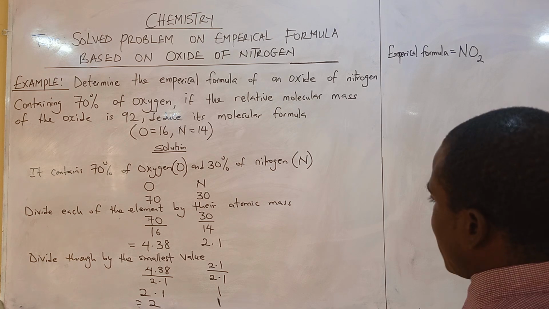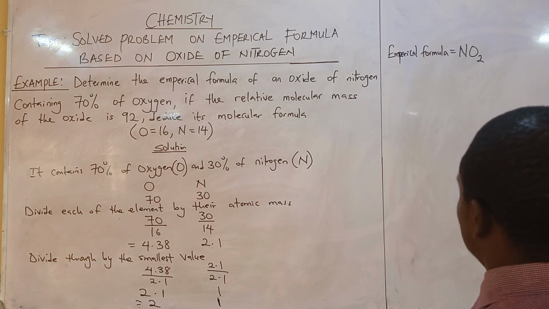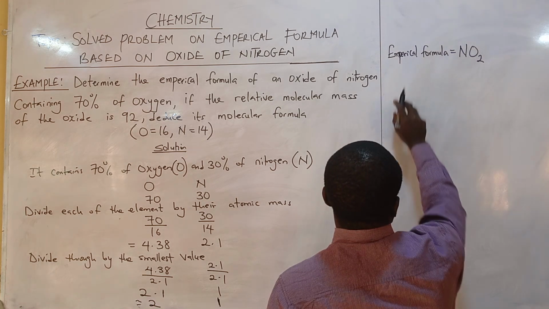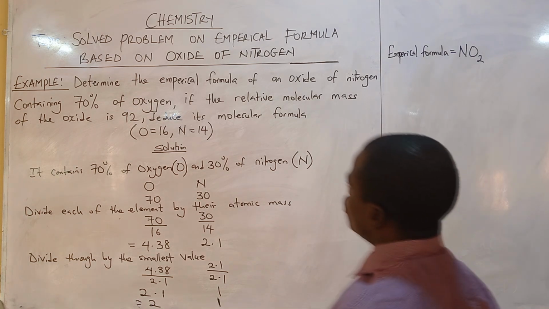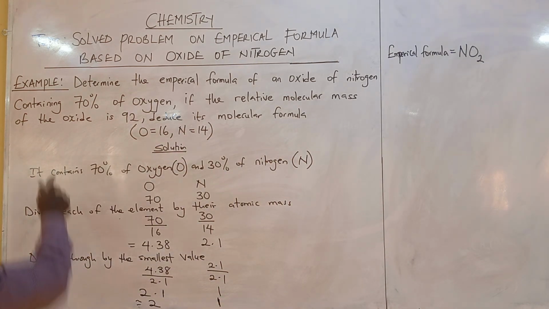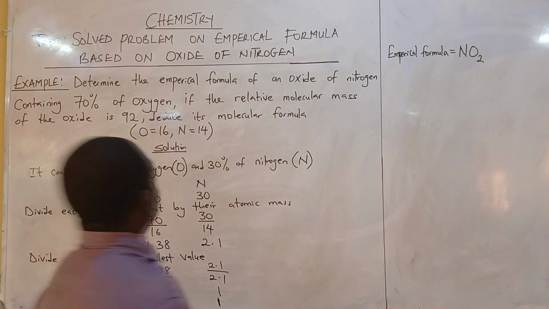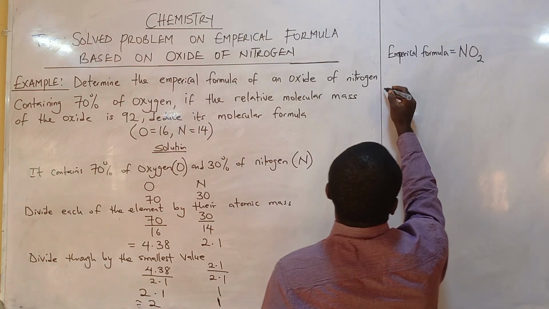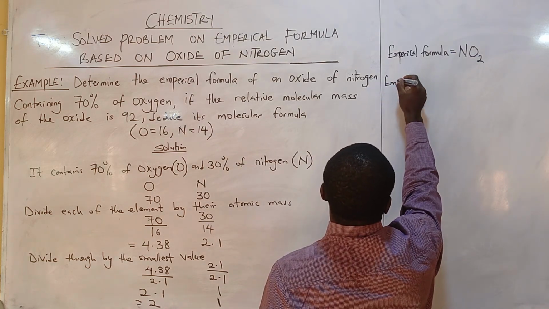Empirical formula is NO2. And when you get that, we are told that the relative molecular mass of the oxide is 92. What you now do is that empirical formula,